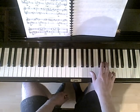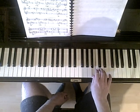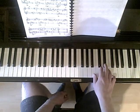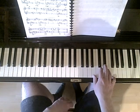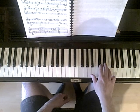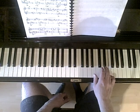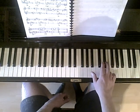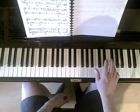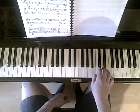Then back to E, B, D, C, A. I like to think of this phrase in two sets of 4 notes, 5 notes if you include the last one. The first 4 or 5 notes will be this. If you think of that as 4 or 5, that would be thinking it as 4. 5 would be this. And then the next phrase is this,